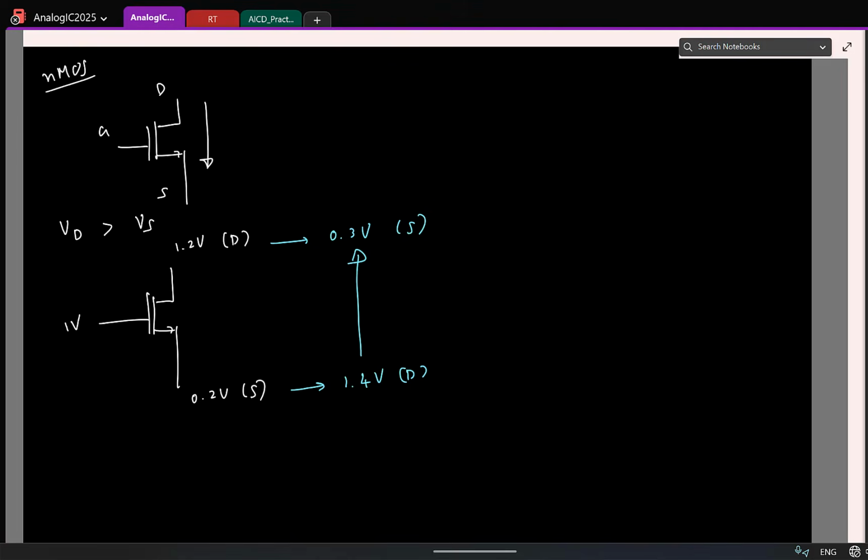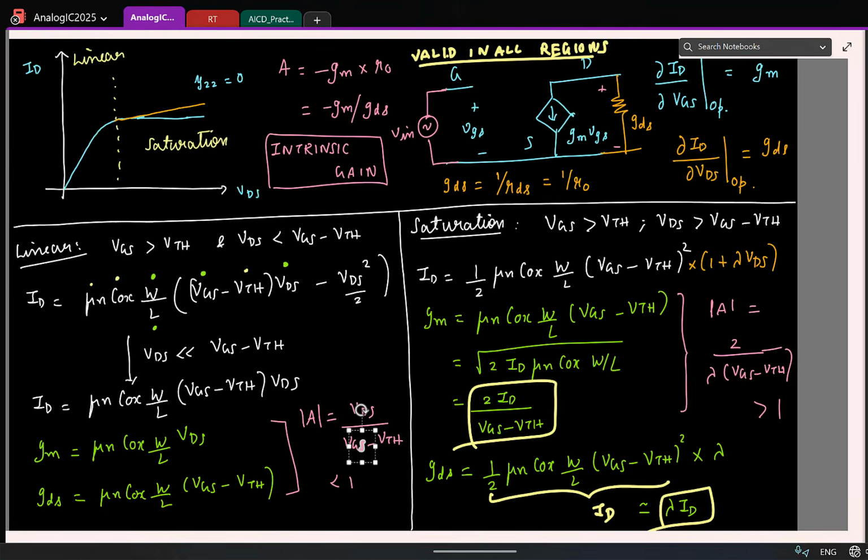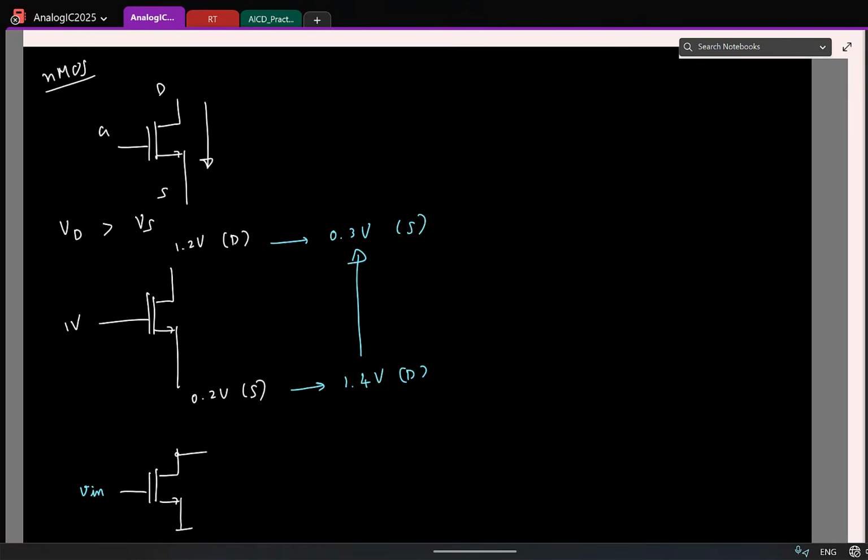So here is another point of doubt students can have. Let us look at small signals. Let's say I apply a small signal voltage V in here. There is no load connected. What will be the small signal output voltage I get, in terms of gm and so on? We just computed the intrinsic gain. How much was the intrinsic gain? Is it gm r_o, or is something missing? It is minus gm r_o. That's very important. So this is minus gm r_o times V in,